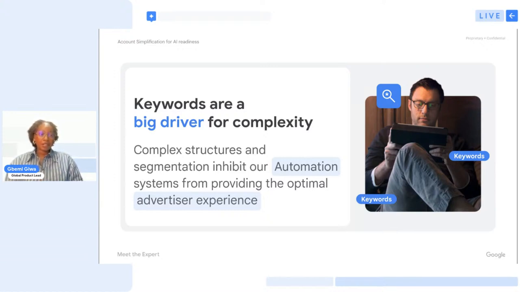If you think about it, you're using your keywords to create very intricate campaign structures, segment your audiences into countless groups, and tailor your bids for every possible combination. And this might have been necessary when we needed more manual interventions and had less data and computing power. But today, doing all of these manual interventions is actually like trying to solve a Rubik's Cube.